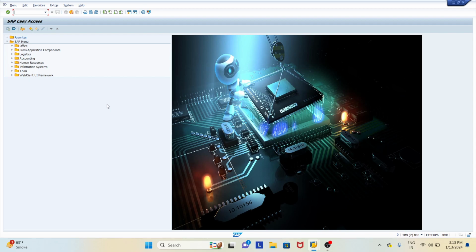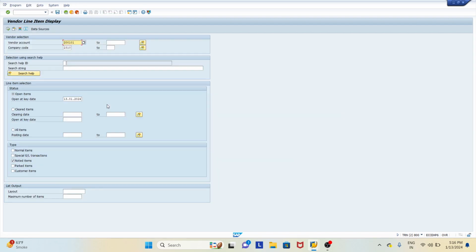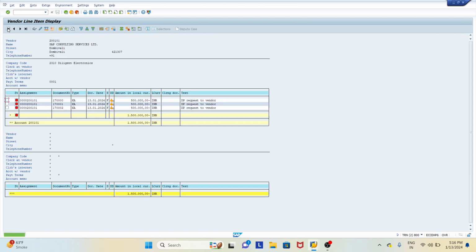So first of all we will enter the transaction code FBL1N to see the down payment request we have posted against the vendor. So this is our vendor. We will keep the open item checked and noted items will remain checked. Click on execute. So here we can see there are three DP requests posted for vendor